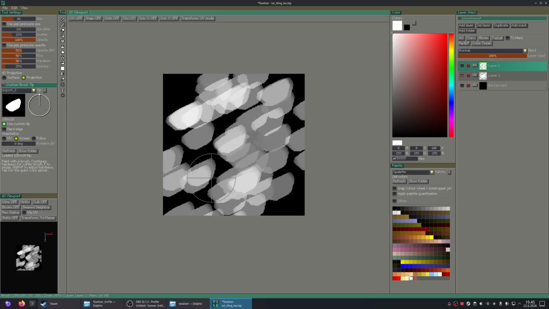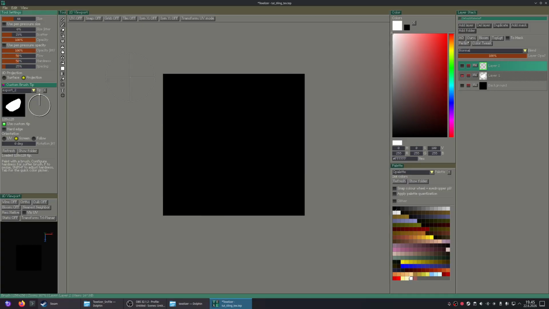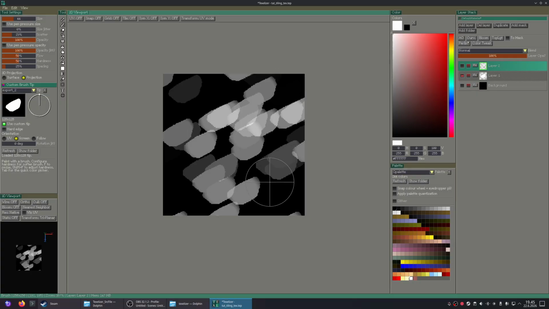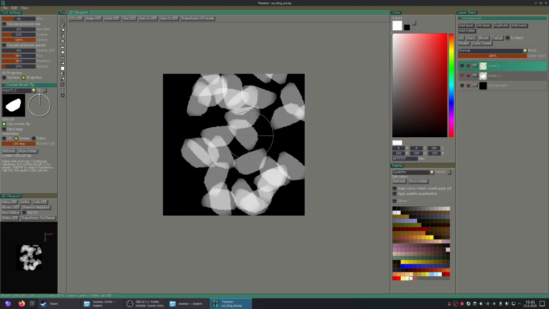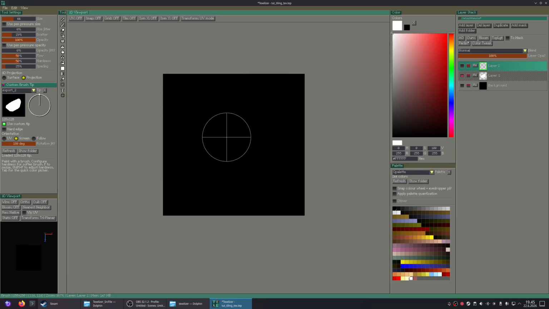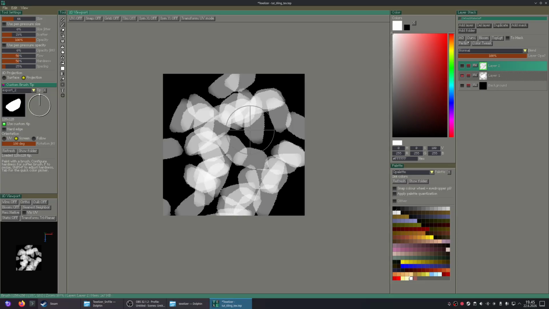Does it work? Yes, it does work. Okay. I'm not sure if I want that. Maybe not at this point. Let's instead keep it at full opacity, and then what I do want is this rotation jitter, so I'll just put it to 180. So now I get these randomly scattered stones.